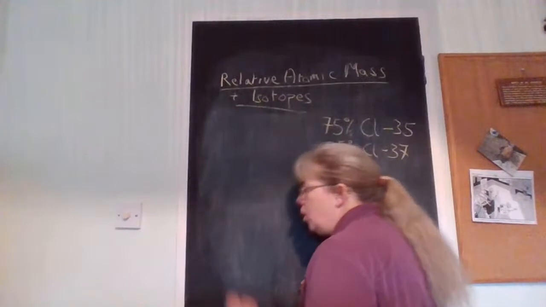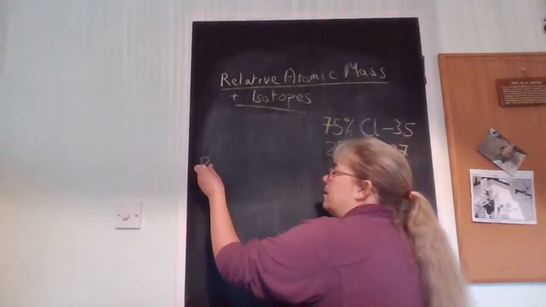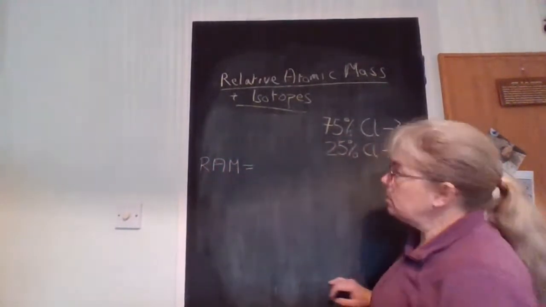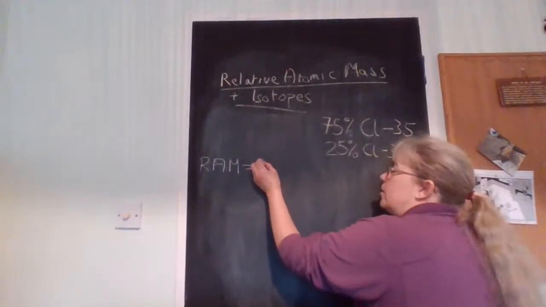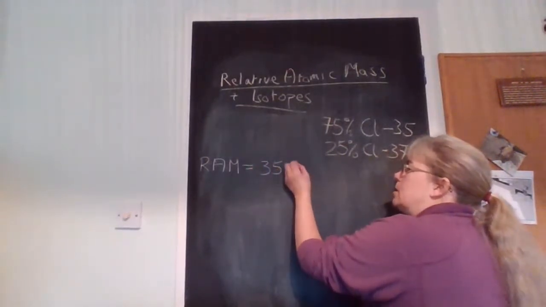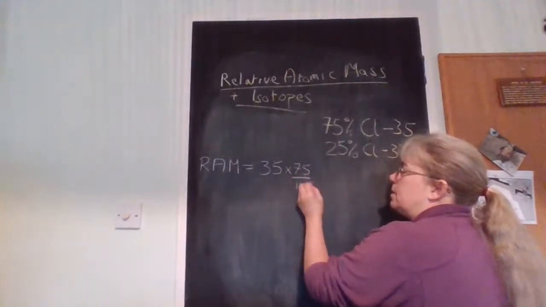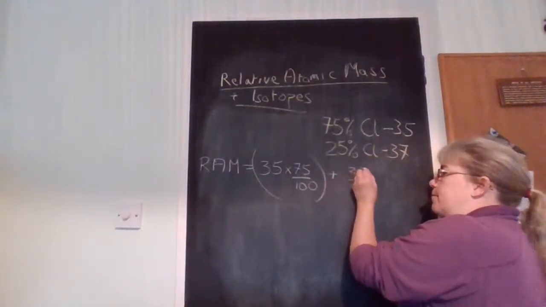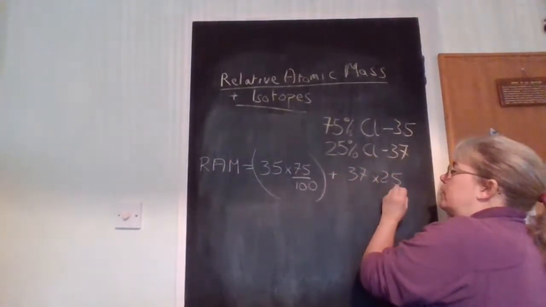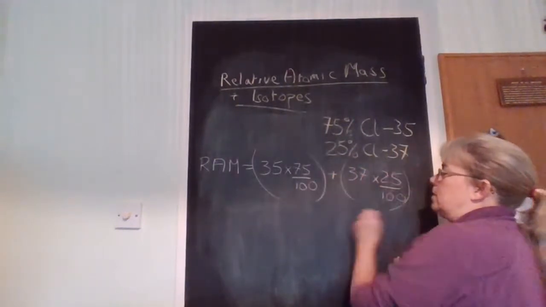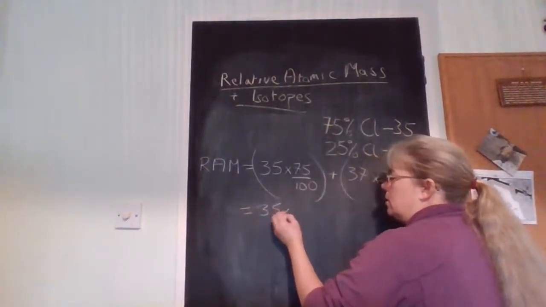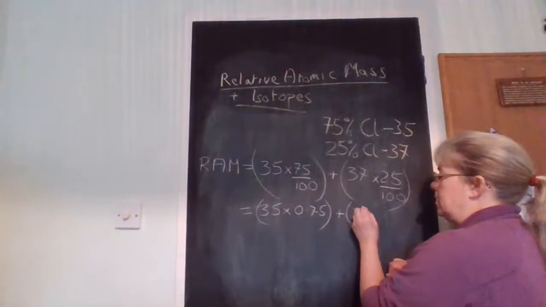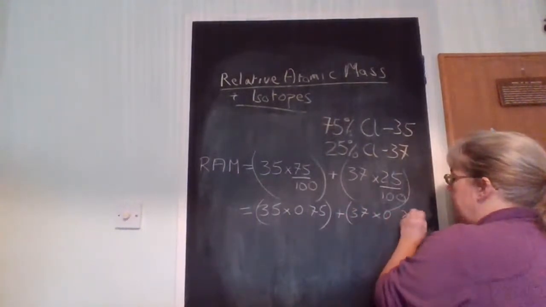is we say the relative atomic mass, can you see that? Relative atomic mass equals the 35 times 75 divided by 100, because that's a percentage, plus 37 times 25 over 100. These are your percentages. So that equals 35 times 0.75, so 3/4 of that, plus 37 times 0.25, so 1/4